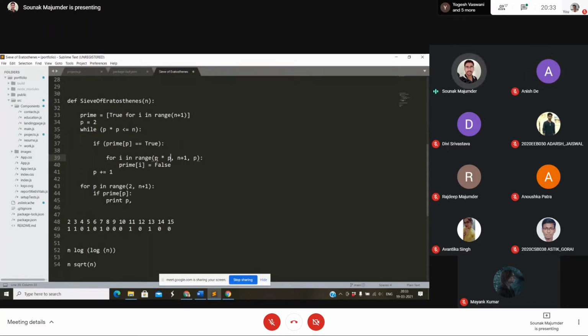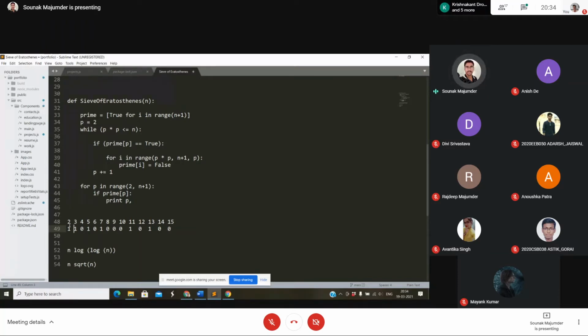So when we are processing p, we are doing it from p square. All the numbers from p to p square minus 1, if divisible by p, have to have a factor which is less than p, because the minimum number is p square. Anything divisible by p and less than p square will be p into 1, p into 2, or p into 3, which has to be less than p. For example, for 3, p square is 9, but 3 into 2 is 6, and we have already processed 2.